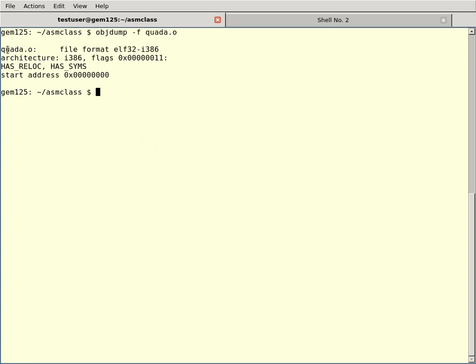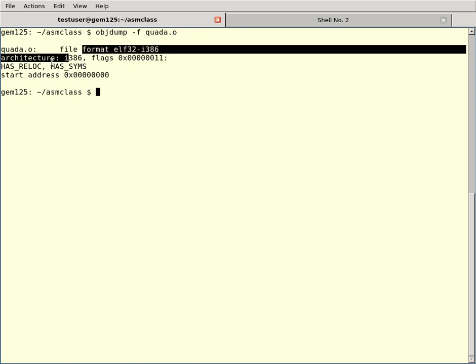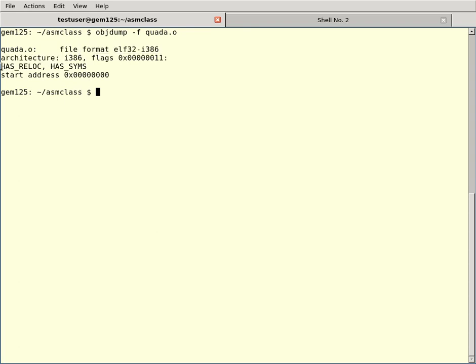It's telling us that quad-a.o is using an ELF32 format for the i86 architecture. It's x86 32-bit architecture. It's telling us it has relocation information, and this is important, and the start address is 0. So what does "has relocation information" mean? The main point is that when this file was assembled, the assembler didn't know where in memory it was going to go. If I had an instruction in there, and I'll just type one,